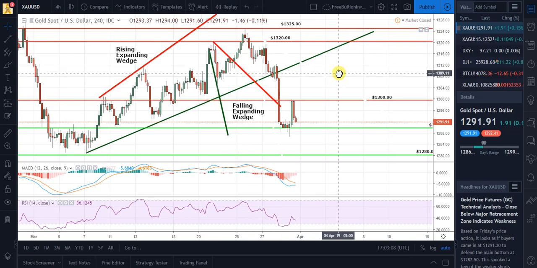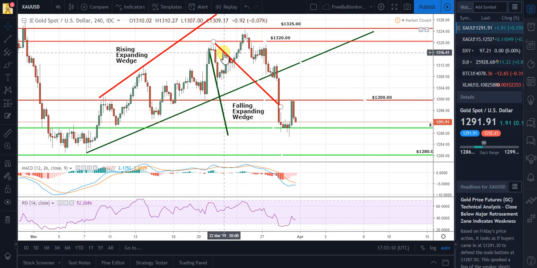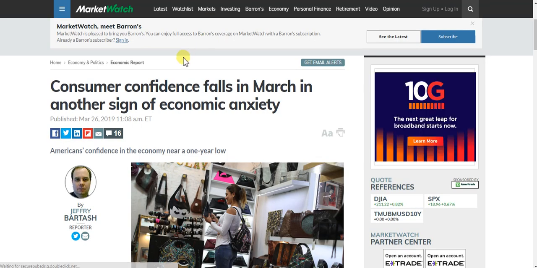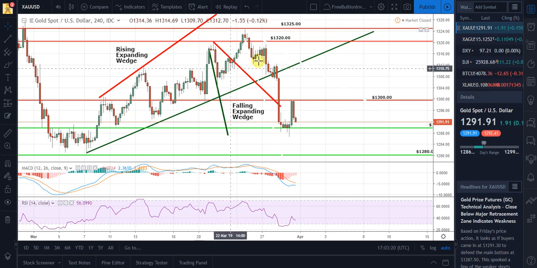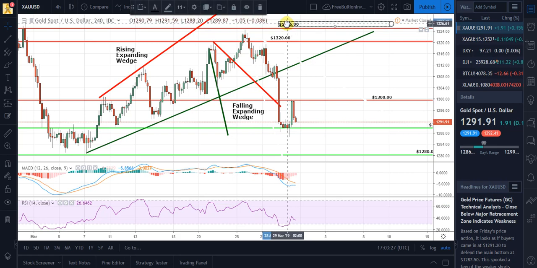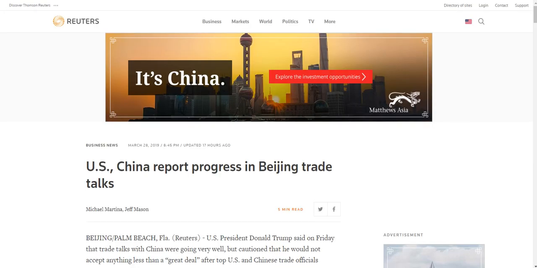As we can see, early in the week, the falling expanding wedge was confirmed to the upside. The price of gold moved up mostly on a report that consumer confidence fell in March, and the price of gold just moved on up to the 1325 level. It peaked at the 1325 level, but it basically stopped there and held there for Tuesday. However, on Wednesday morning, we heard that